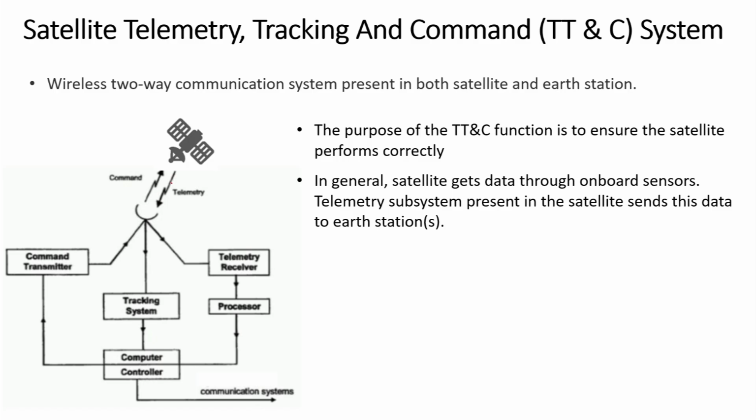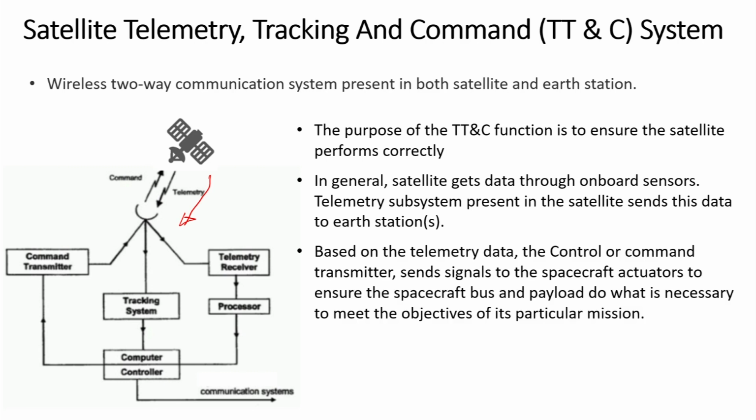You can see this telemetry data is sent to the telemetry receivers in the ground station. Now, based on the telemetry data, the command transmitter sends signals to the spacecraft actuators to ensure that the spacecraft bus and the payload do whatever is necessary to meet the objectives of